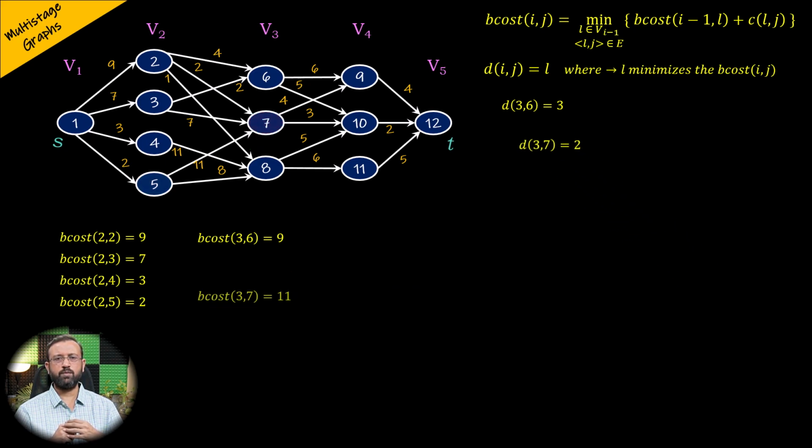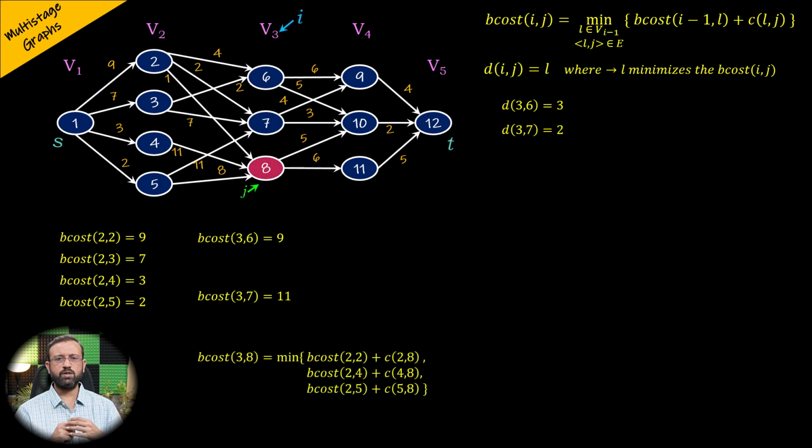Then, we have to compute the cost of the path from stage 3 and vertex 8, which is the B cost of 3, 8, since i is the stage, which is 3, and j is the vertex in that stage, which is 8, and is equal to minimum of B cost of 2, which is the previous stage, and vertex 2 plus the cost of the edge from vertex 2 and vertex 8. Then the B cost of 2, which is the previous stage, and vertex 4 plus the cost of the edge from vertex 4 and vertex 8. And B cost of 2, which is the previous stage, and vertex 5 plus cost of the edge from vertex